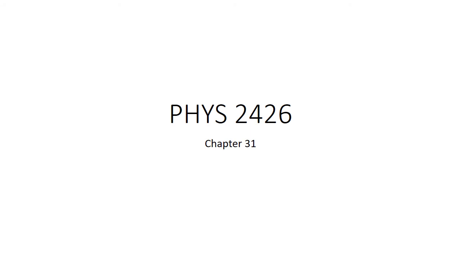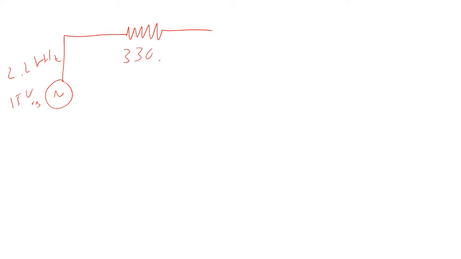Another RLC circuit here, except this one's going to be a little bit different. So we're going to have a power supply right here. Let's say the power supply is 2.2 kilohertz at 15 volts RMS. And so it's connected up to a resistor right here. The resistor is 330 ohms. And then it's connected to a capacitor